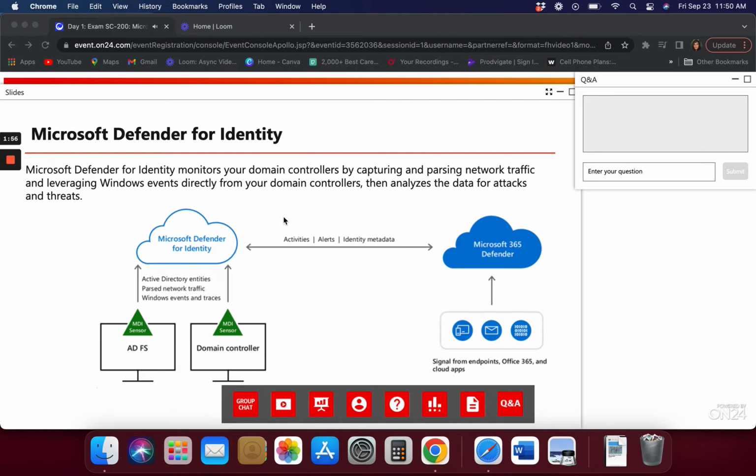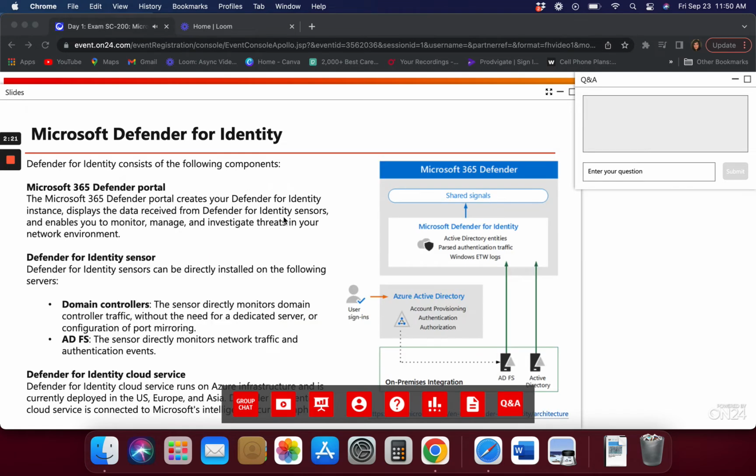Again, we'll look into KQL tomorrow, so we're going to have a little bit more KQL-based demos. It's hard for me to show you all the KQL now and get into advanced topics, but I do want to cover KQL tomorrow in detail, starting from scratch, and we'll get to a point where we'll do a decent amount of hunting, at least at the intermediate level, not too advanced because that's not part of the exam, but you will get a sense of how to do it. Okay, so again,